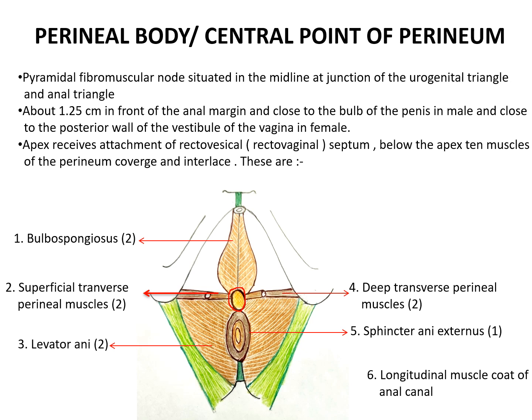Below the apex, the body and the base of the perineal body receive the attachment of the 10 muscles in the males. The 10 muscles converge into the perineal body. Not only converge, they interlace and decussate with each other. These muscles are